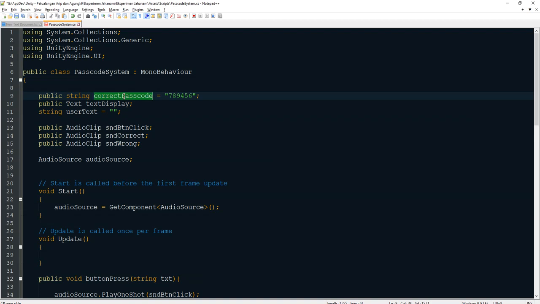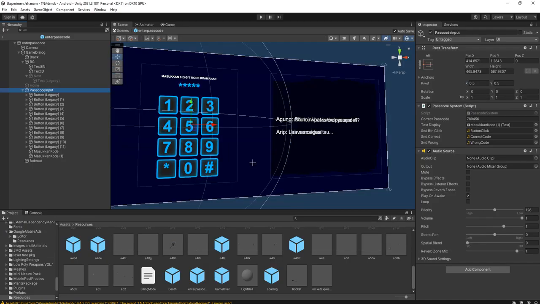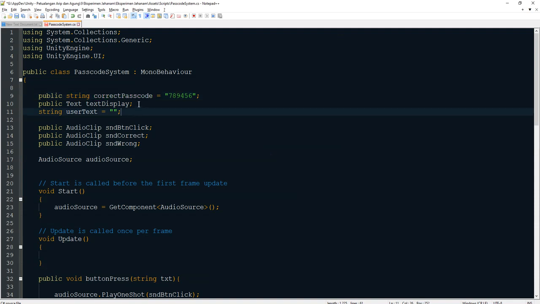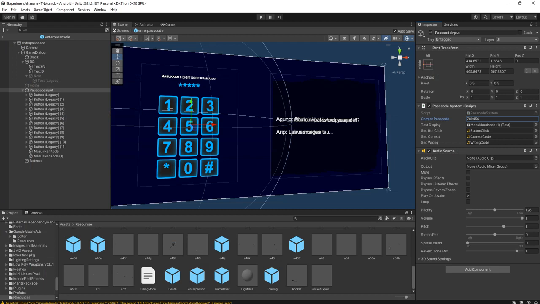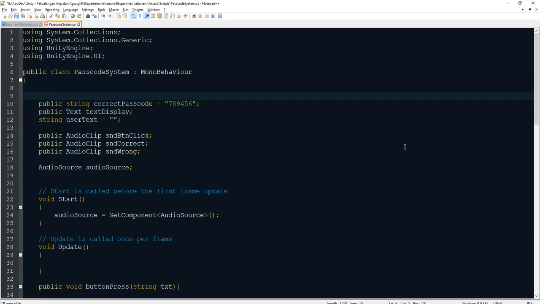Right now the passcode is hard-coded here, or you can set the correct passcode here, and I'm going to add an option to make it easier for us to choose. Should it be a random passcode or should it be the predefined passcode like this? I will create a public bool randomPasscode. By default the value would be false,